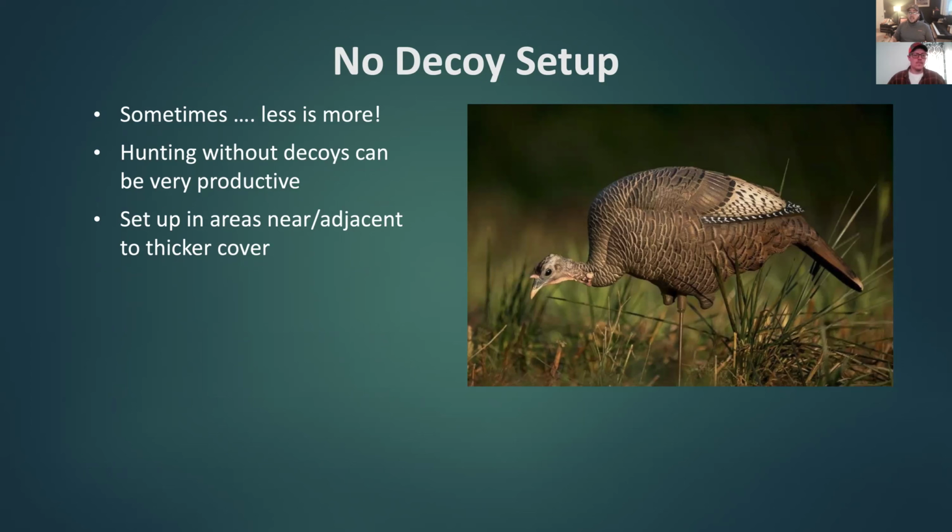But if I'm set up on the edge with very thick cover behind me, where if there was a turkey in there, anything in front of me wouldn't be able to see it anyway, a lot of times that may cause him to come even closer and try to sneak around and look to see that bird that he's hearing, in which case it's going to pull it right to you. So keep that in mind. If you're not using decoys, you still want to have some cover behind you so that it forces that bird to think there's still another bird behind you. Hope that makes sense.